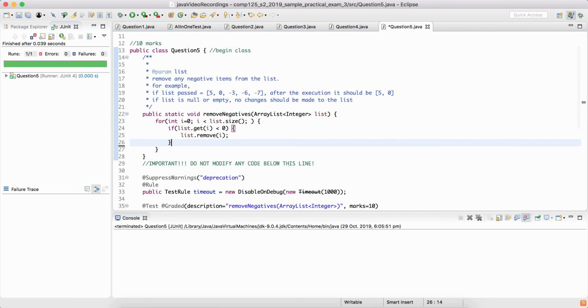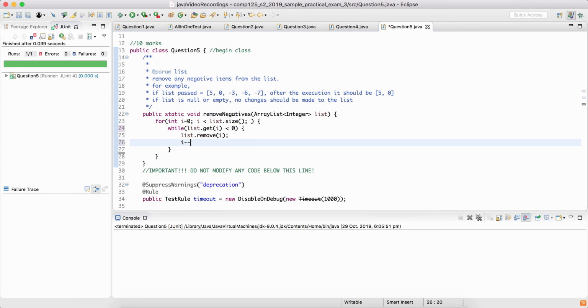Another way in which you can do that is, as long as the value at i is negative, remove it, and eventually i increases by 1. There's a little mistake over here which I'll point out. So when I run this,